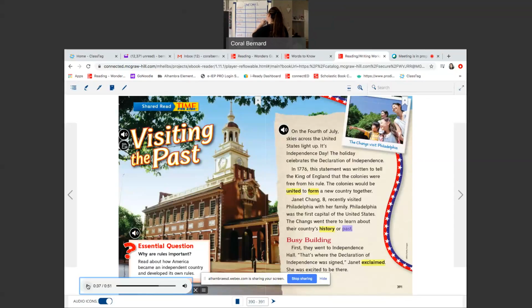Oh, I'm running out of room. There we go. Past, it already happened. Let me think of what quick sketch I can draw so that my brain remembers history or the past. It already happened. I'm going to draw my breakfast this morning because I ate my breakfast in the past. It already happened. I'm drawing an egg